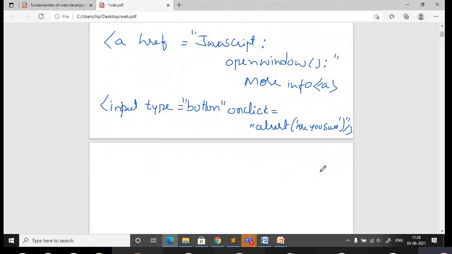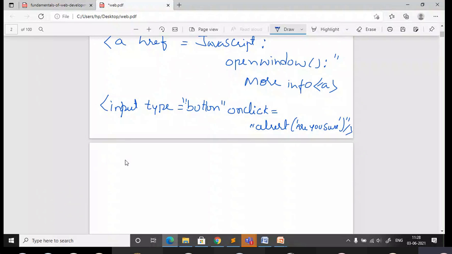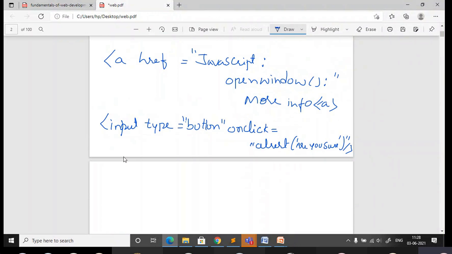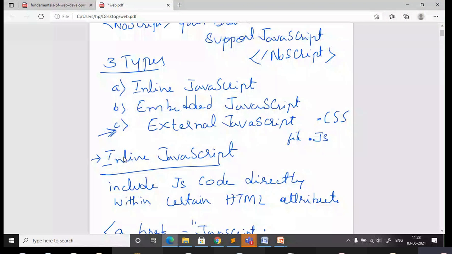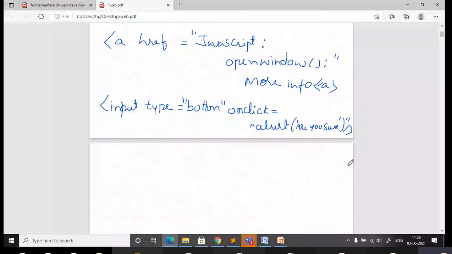Okay, but this is not preferred. This is a bad practice of using inline JavaScript. If it is a small program when you are learning in the beginning, that's okay, you can use it. But when you start doing some project, it's not a good practice to use inline and it should be avoided. The reason we should not use this is that maintenance is going to be very difficult. If you want to modify something or make some changes, it is going to take a lot of time. You have to scan the entire HTML file to check for something with respect to JavaScript. So that is the drawback of inline.